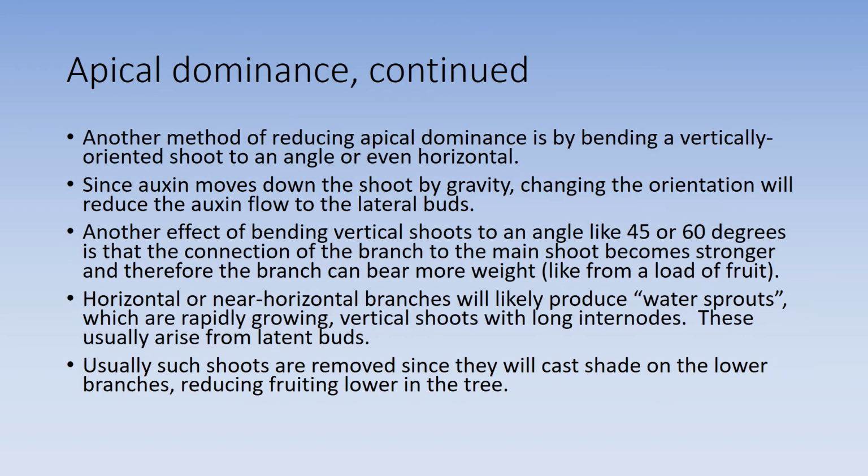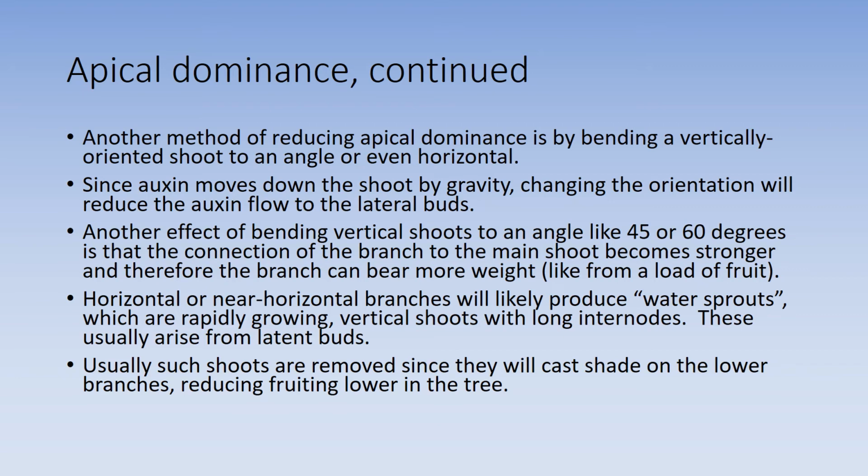Another method of reducing apical dominance is by bending a vertically oriented shoot to an angle or even horizontal. Since auxin moves down the shoot by gravity, changing the orientation will reduce the auxin flow to the lateral buds. Another effect of bending vertical shoots to an angle like 45 or 60 degrees is that the connection of the branch to the main shoot becomes stronger,